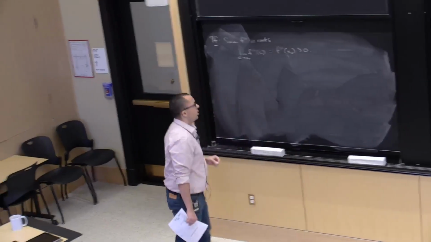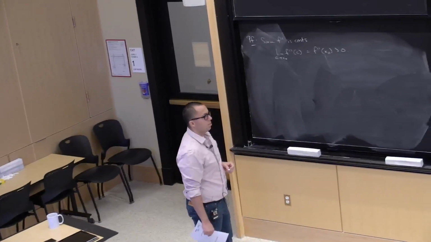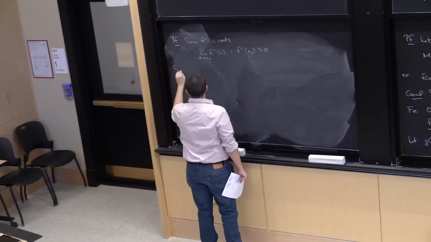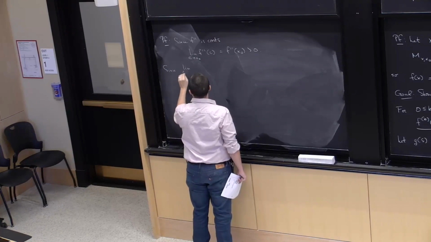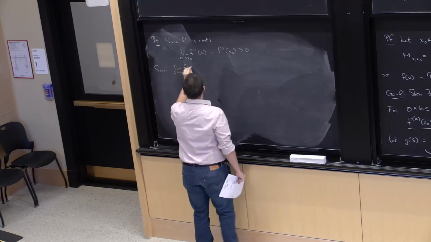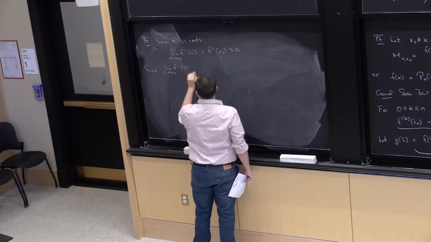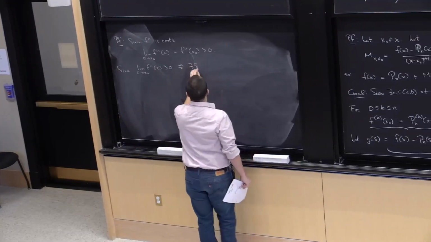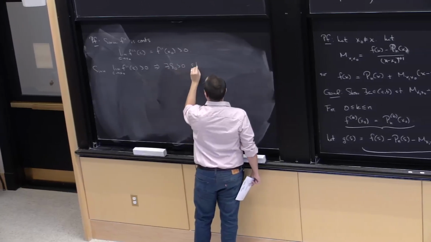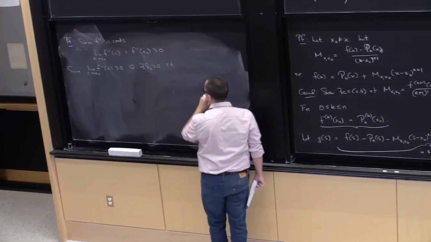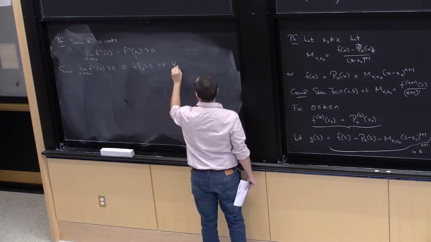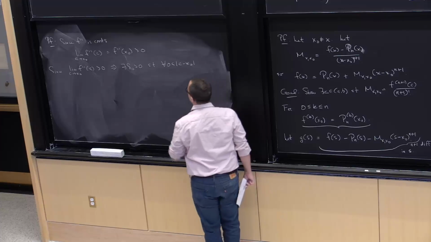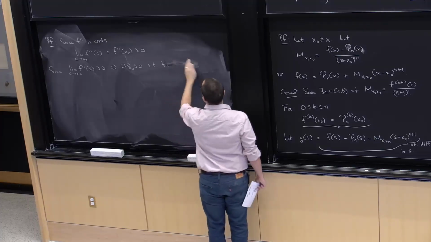And therefore, by an exercise in one of the assignments, since this limit is positive, this implies that there exists a delta 0 positive such that for all c bigger than x0, and in fact we can include